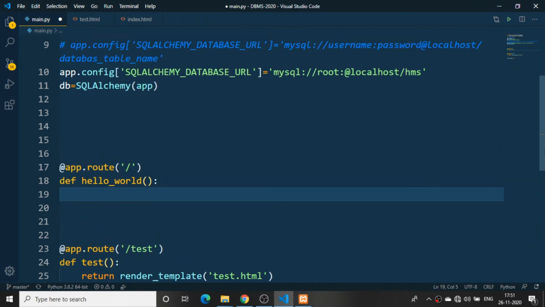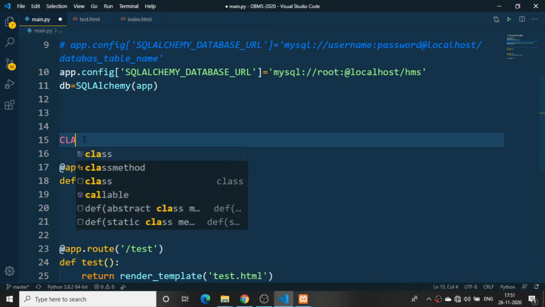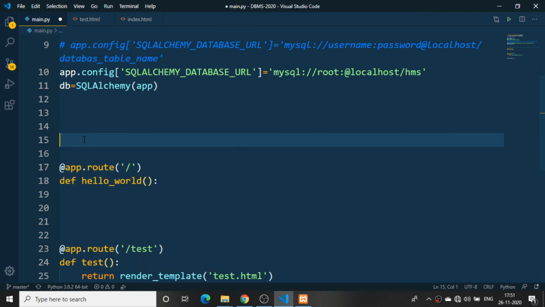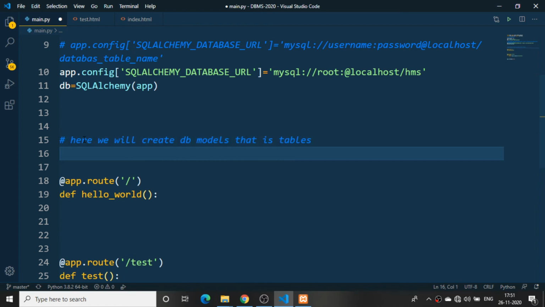So I need to initialize the test table first. I'll just come here. We have a class I need to define. I'll put a comment. So here we will create DB models, that is, database tables. So how will we be creating this database table?